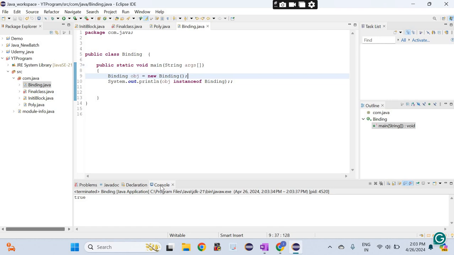This is the only use we have, nothing much. You do not need to go deeper. If you want, you can read about that. Next we will talk about the abstract class in Java.